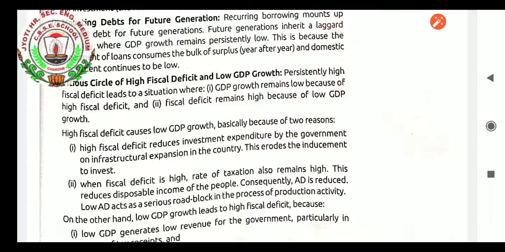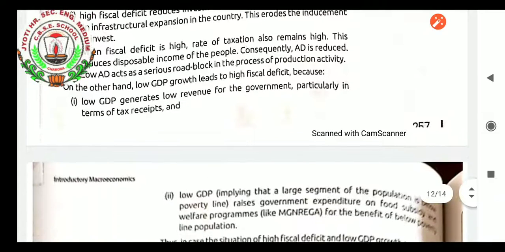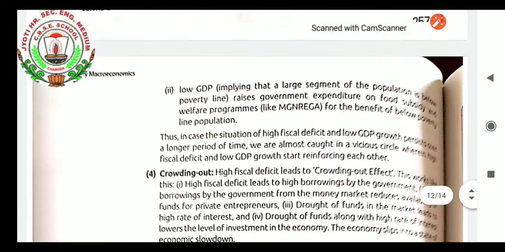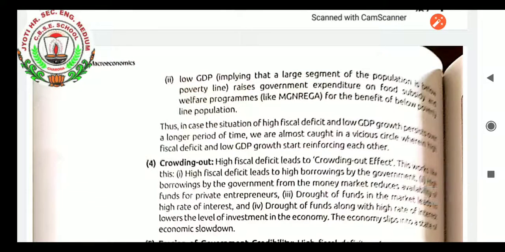Vicious circle of high fiscal deficit: a high fiscal deficit will give low GDP growth, productivity will go down, and the income will also go down. Economic development will again become stagnant. On the other hand, low GDP growth leads to a high fiscal deficit, because low GDP generates low revenue for the government, particularly in terms of tax receipts, and low GDP implies that a large segment of the population is